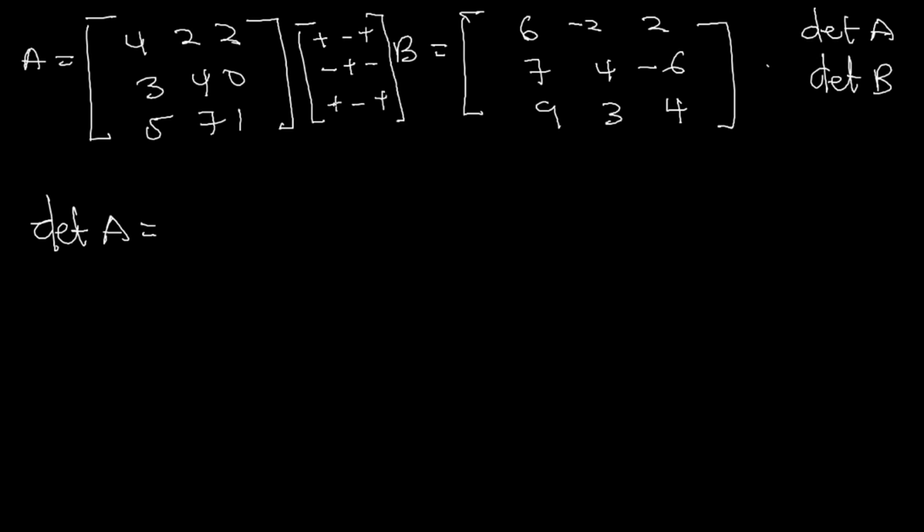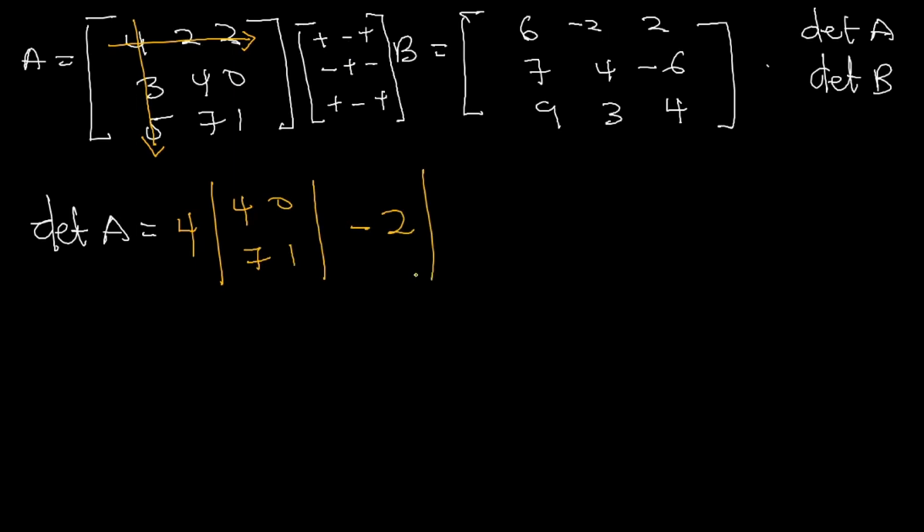That is the sign of the values that we have over here. So we are going to take this row first as our starting row. So we take 4, and then we cancel this row and this column. So we are going to have 4, 0, 7, 1. Then the sign over here is minus, so minus 2. So if we take that 2,